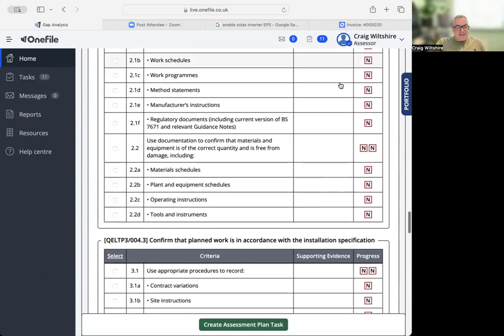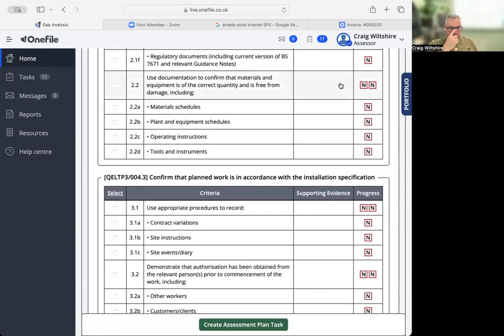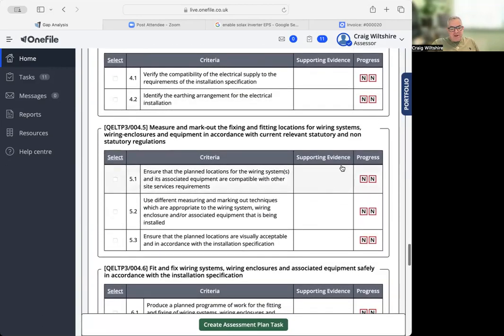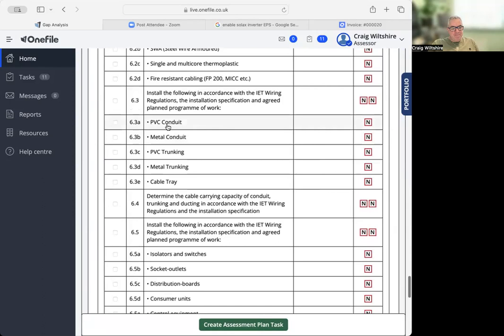And I'm just going to go through the essential criteria. There's a separate video on this, but I'll quickly show you what I mean. So just remember, it's two professional discussions covering the following. You have to cover the following criteria: PVC conduit, metal conduit, PVC trunking, metal trunking, and tray. So the first professional discussion, or the first professional discussion folder with your photos, will contain metal conduit, metal trunking, and tray. And then in PD2, or professional discussion 2, you will put your PVC conduit and you will put